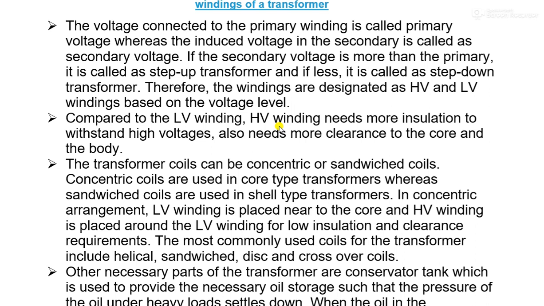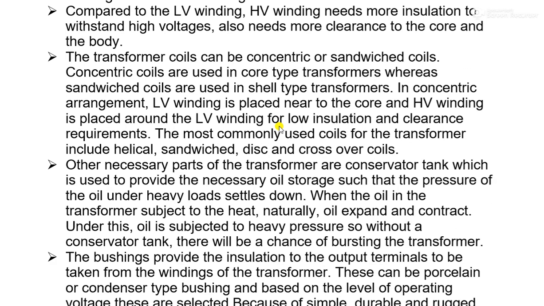The high voltage winding is placed around the low voltage winding for low insulation and clearance requirements. The most commonly used coils for the transformer include helical, sandwiched, disc or crossover coils. Other necessary parts for the transformer are